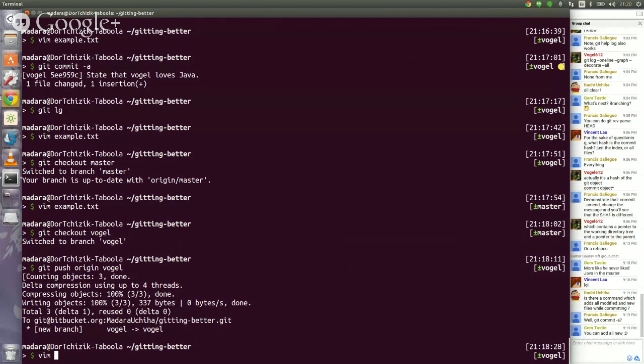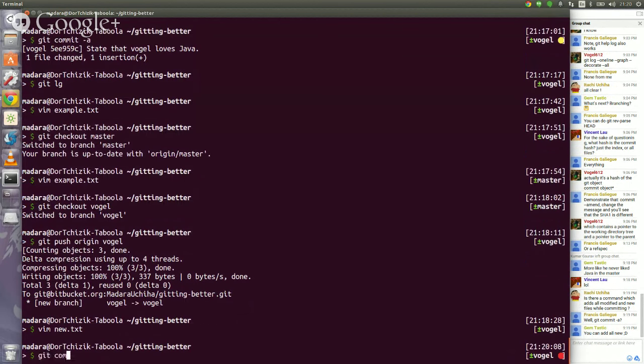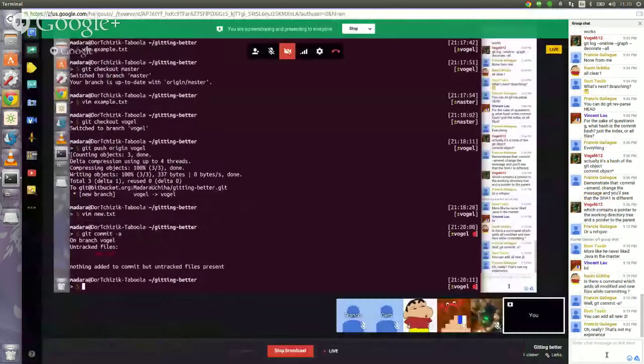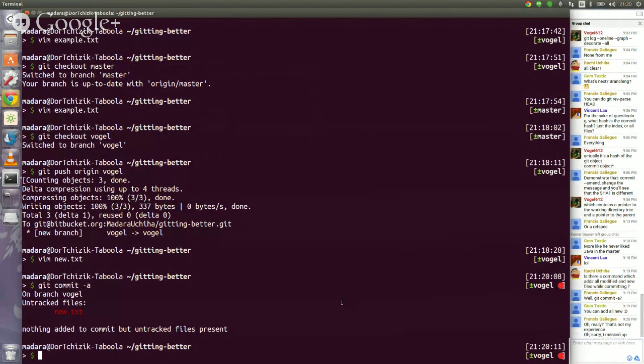Right? So if I create this new file and git commit -a, it won't let me. There's probably a flag on the commit command that allows you to do it, but just add the file. I very rarely use -a. I much rather add the files because